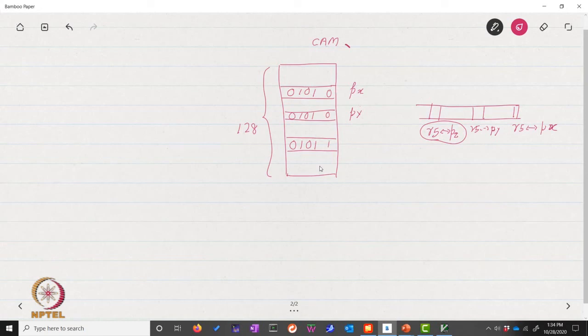Alright? So whenever any subsequent instruction comes and it tries to see which physical register is mapped to R5, it will essentially search for this value in the CAM, which is 0101 and 1 because of validity, and that would point us to this entry, which is the entry for PZ.